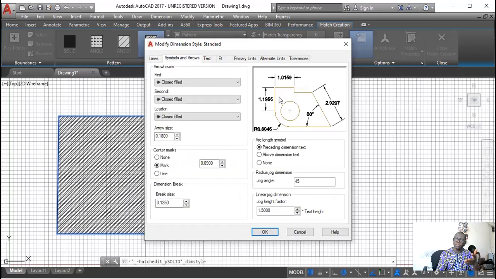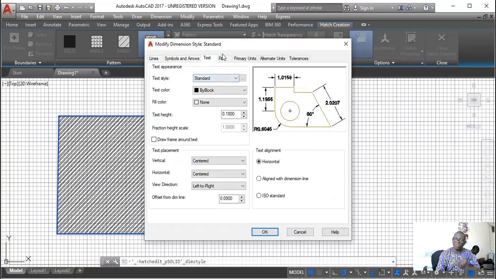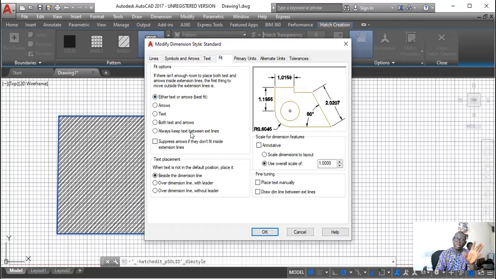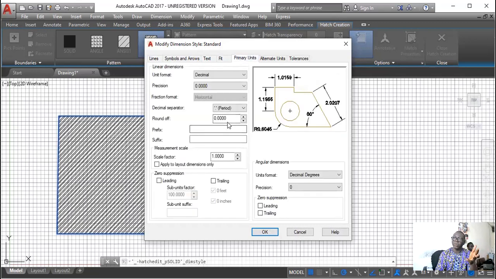Symbol and arrow: depending on your scale, you may discover that your arrow is not showing because of the scale. So you can come here to increase it so that it can be showing. Your text can be very small. When you come here, you can increase the text height. Then it can be visible. Then fit, you can see how it can be fitting into the drawing, how you want the text and arrow to fit in. Then primary units, depending on the primary unit, we are using decimal, engineering, that is the format of the unit,